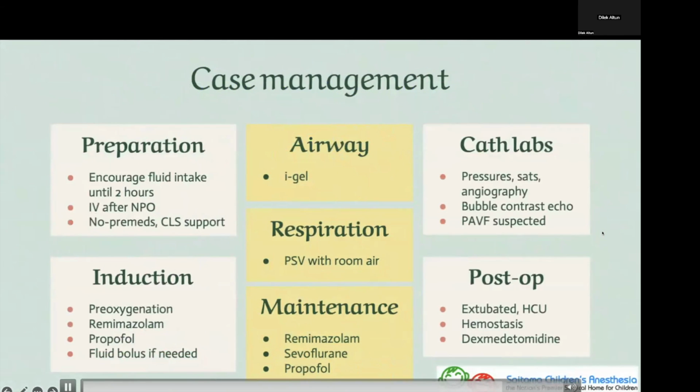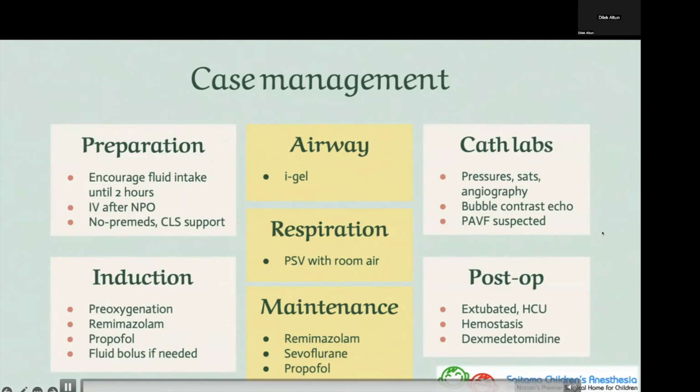Lastly, let's take a closer look at the case management for this Fontan patient in the Cath Lab. In preparation, we encourage fluid intake until 2 hours before the procedure to maintain preload, and started an IV after NPO. No premedications were given, and the patient received support from the child life specialist. For induction, we used remimazolam and propofol for a smooth induction, with a fluid bolus on hand to maintain stable